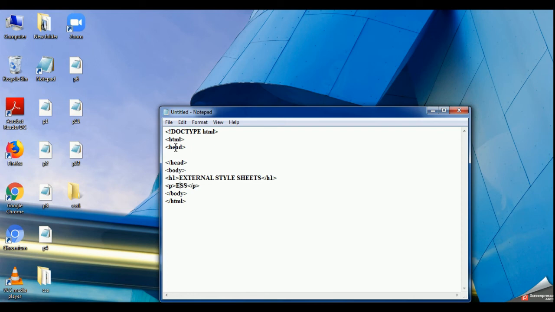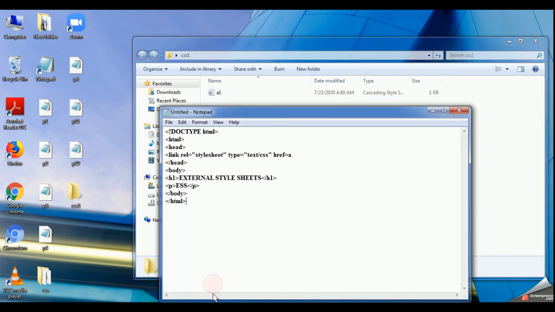With the help of link, you can easily link your CSS. If I am writing link rel is equal to stylesheet, then type is equal to text/css, and then href is equal to the name of my file, a1. That is, this is my location of CSS, a1.css. It should come in double quotes.